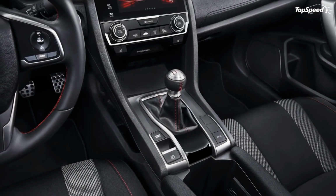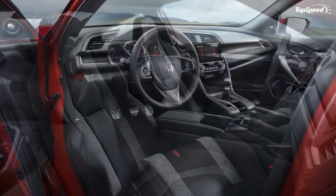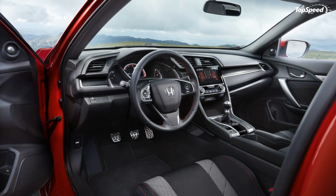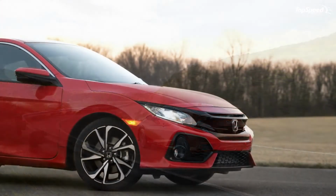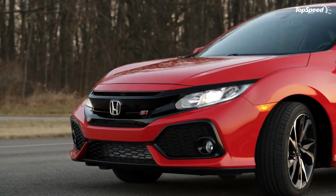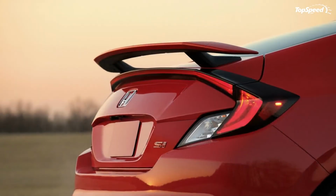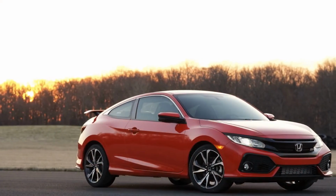Conclusion. Needless to say, the Civic Si is here to wreak havoc on the compact sports car niche, but it's really one of those models that you either love or hate. Some love the overly aggressive and tall hatchback styling, while others think it looks like hell warmed over. In the end, it's the best Civic Si that we've seen in a few generations, and thanks to its lighter